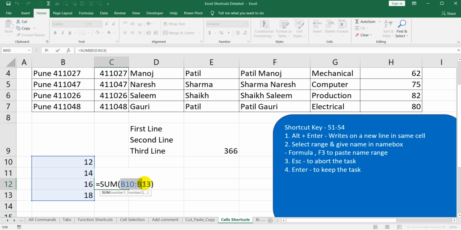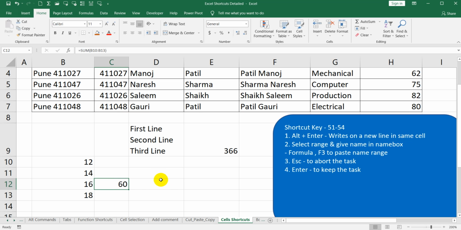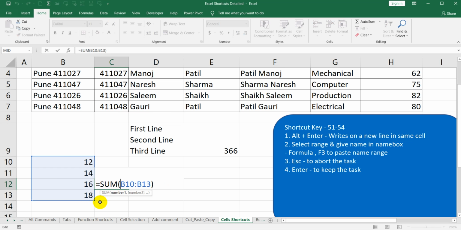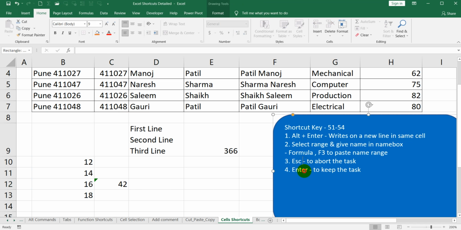Now if you want to change the function over here, let's say I try to change it to B12, and if I don't need this function to be executed with this change, I will simply press Escape. Once you escape it, the operation gets aborted. If you want that change, then you can simply make the change and press enter. You can see here with the enter, the task is executed till B12 only. So this is the main use of Escape and Enter over here.